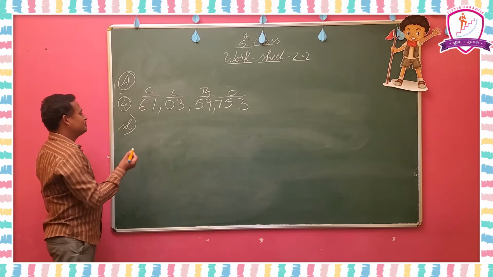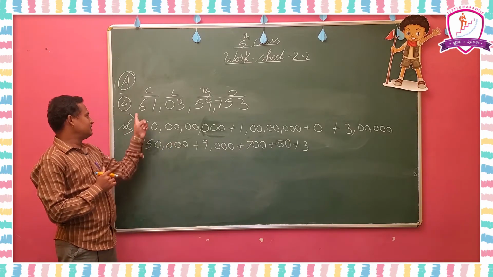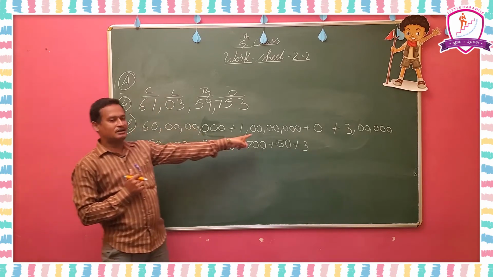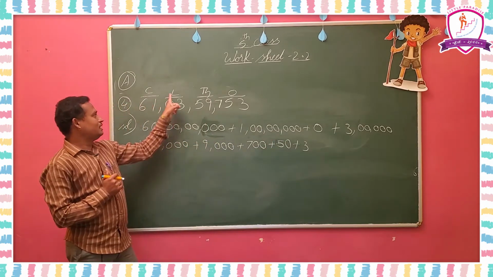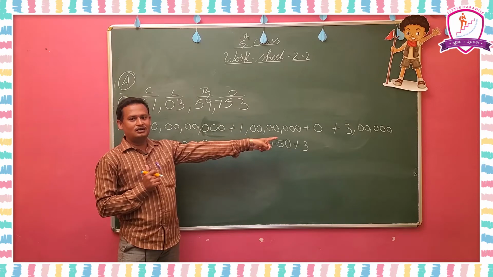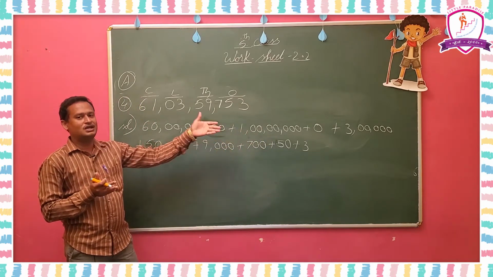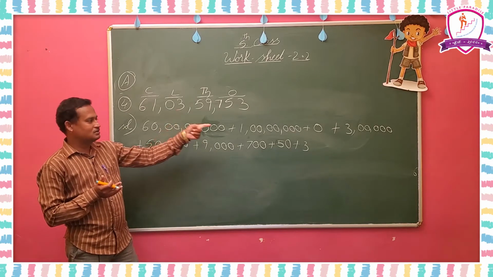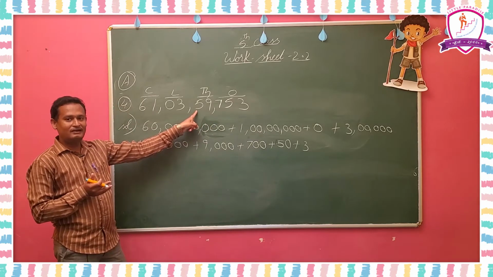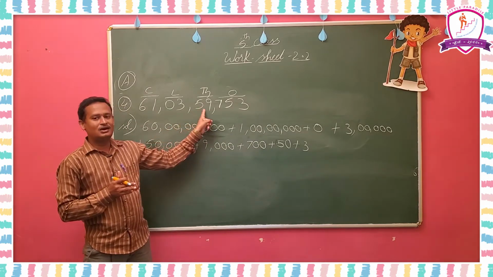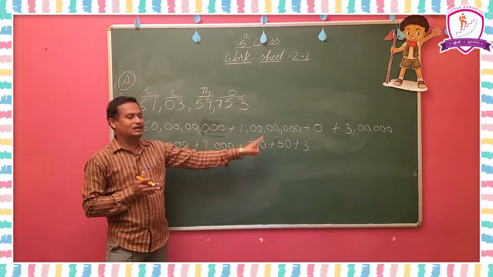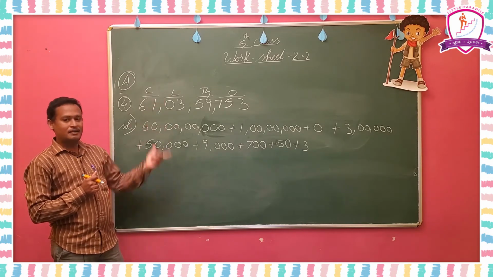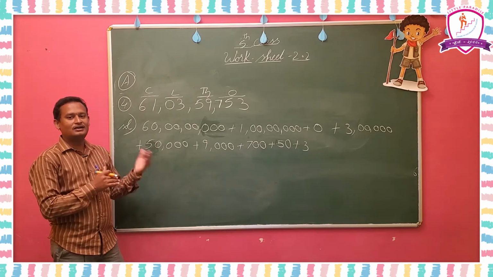Okay, now I am going to write, observe this. This is the expanded form: 6 in the 10 crores place, that is why we write 60 crores. 1 is in the crores place, we write 1 crore, and 0 in the 10 lakhs place, we can write 0 there only. No need to write the zeros, the place value of 0 is 0 only. Here, what is the lakhs place number? 3 in the lakhs place, that is why we write 3 lakhs. And 5 in 10,000 we write as 50,000, 9 in thousands 9,000, and 700 plus 50 plus 3. This is the expanded form for the given number. Understood? Like this you have to complete the remaining. First complete the sums I explained, then complete the remaining sums.